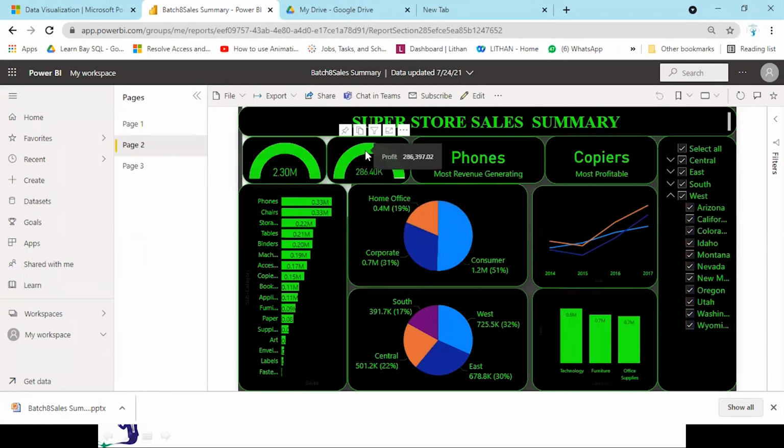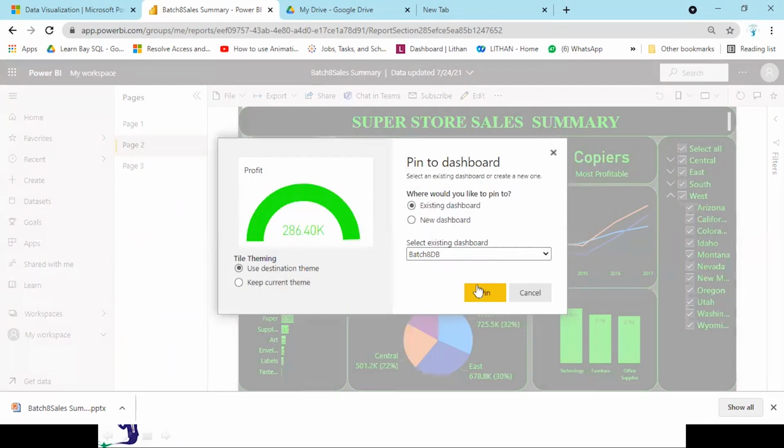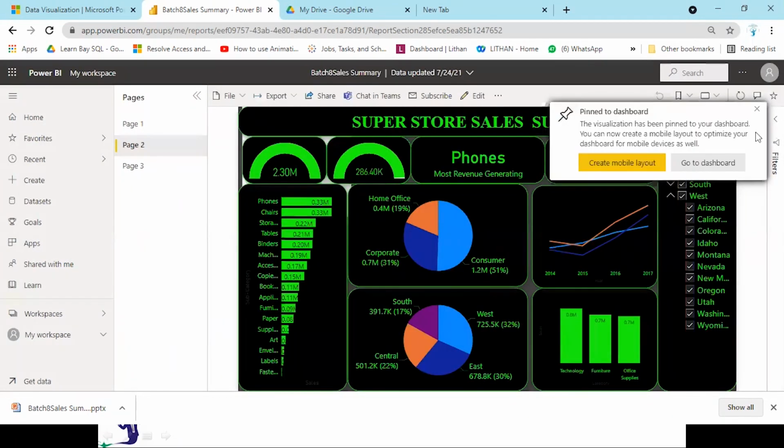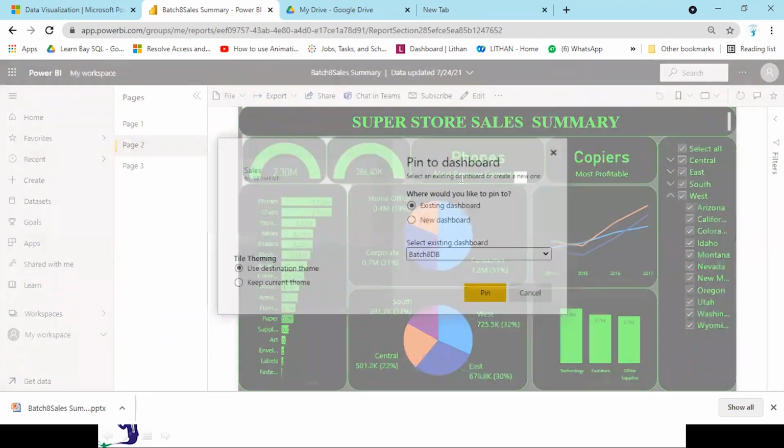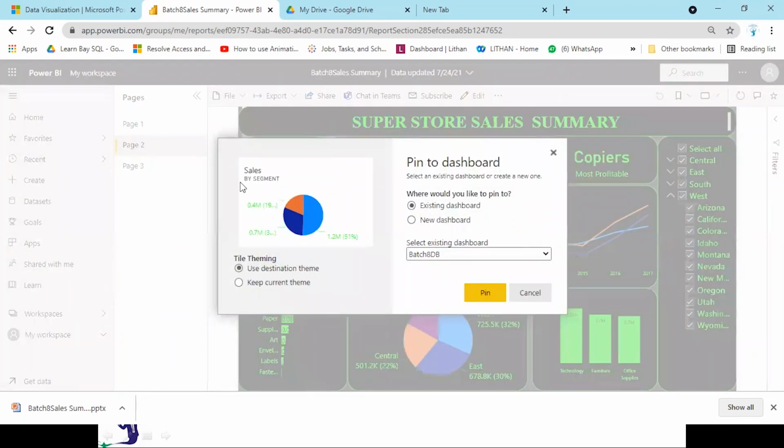Let me take this also. I will say pin, existing dashboard, pin. I will also take this pin, and here I am saying keep current theme. I'm saying keep current theme and say pin.